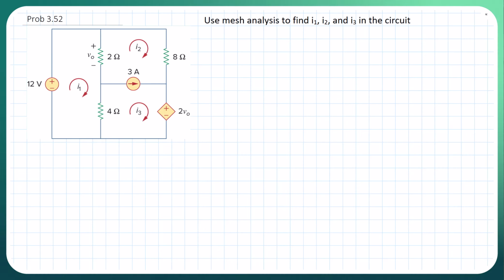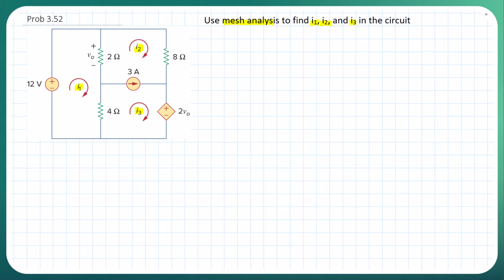Alright guys, today I'd like to go over problem 352 in this video. In this case we want to use mesh analysis to find I1, I2, and I3. So you want to find these current values in the circuit. Now again, specifically in this problem we're told to use mesh analysis, so that's how we're going to approach this